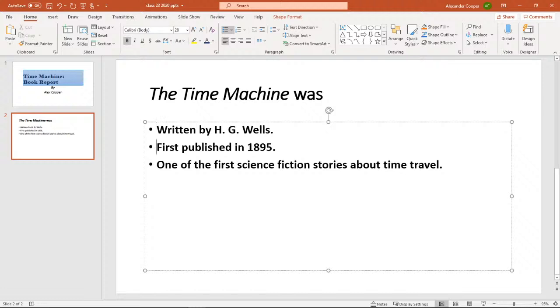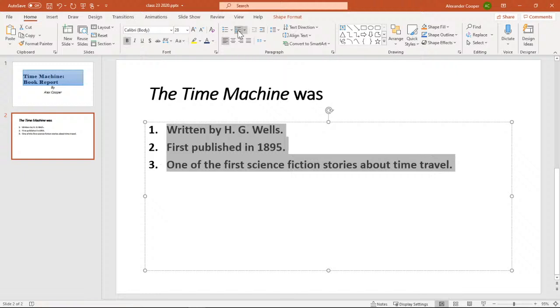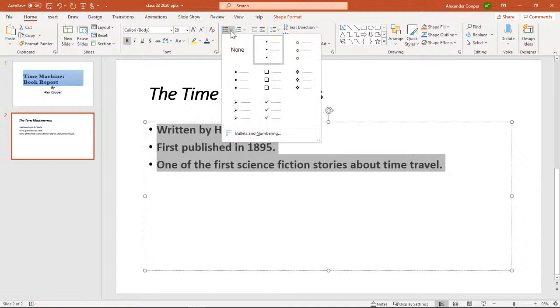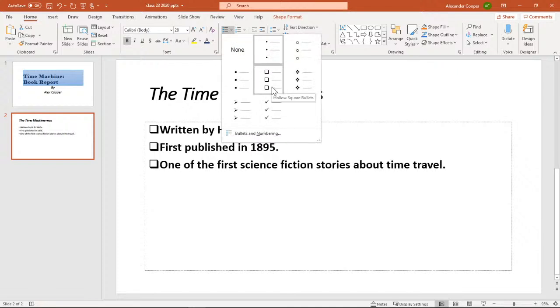So let's talk about our numbering. We highlight what we want, and then we just go up here and click numbers and it'll change it. If we click the drop down, the interesting part to me is that this looks like a perfect checklist for someone, right? Well, Word doesn't have this.